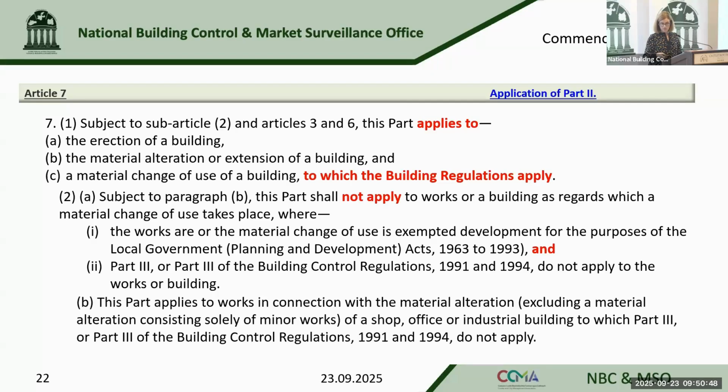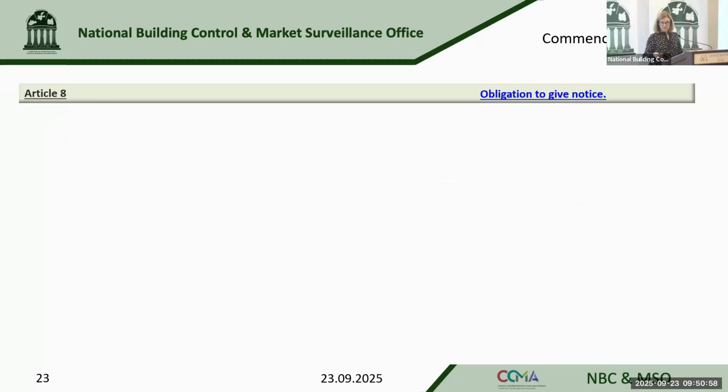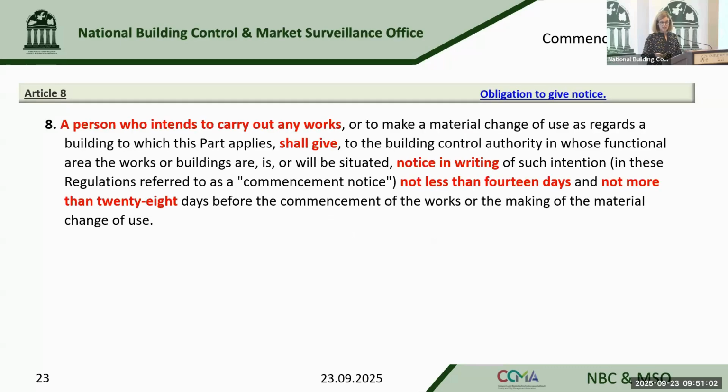And this part applies to works in connection with material alteration of a shop, office or industrial building, to which Part 3, again, fire safety certificates, apply. So Article 8 then is the obligation to give notice, and again, it's the person who intends to carry out the works. So it is the owner of the building, the person who's